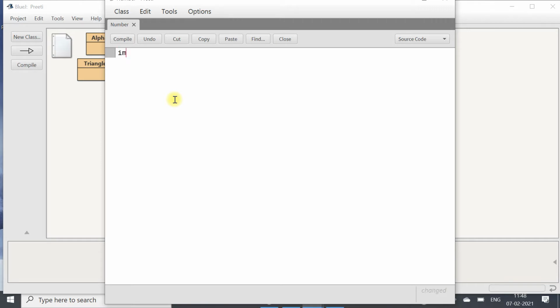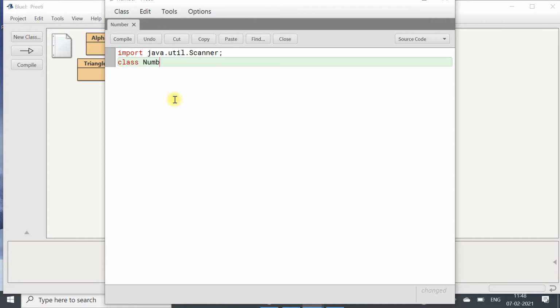Okay, first we have to use scanner class, and for that we have to import the util package and the scanner class of util package. And to use that scanner class, we will use the import keyword. So import java dot util dot scanner. So we have imported scanner class of util package, terminator, and then class.